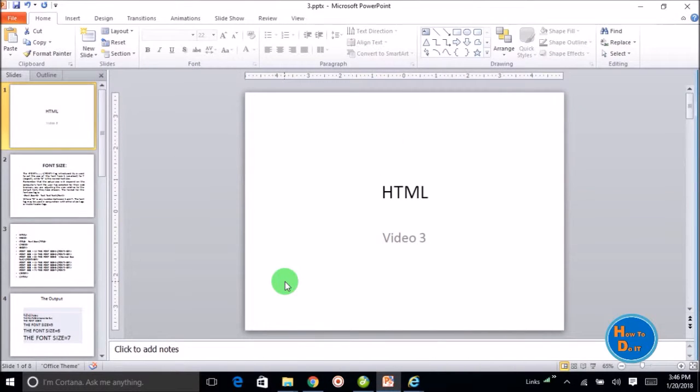हेलो गाइस, अस्सलाम वालेकुम। आज हम अपना HTML का तीसरा ट्यूटोरियल स्टार्ट करने वाले हैं और इसमें हम फॉन्ट टैग के बारे में पढ़ेंगे। सो लेट्स स्टार्ट आवर ट्यूटोरियल।